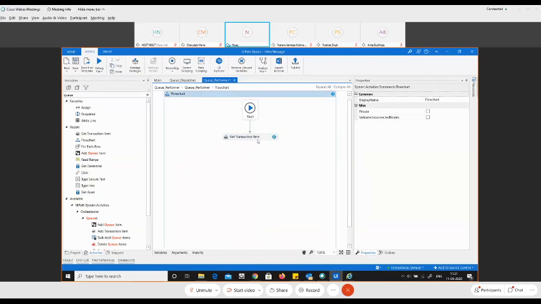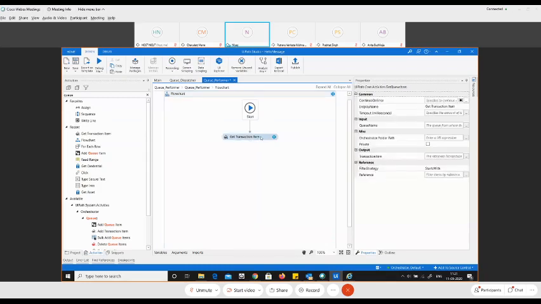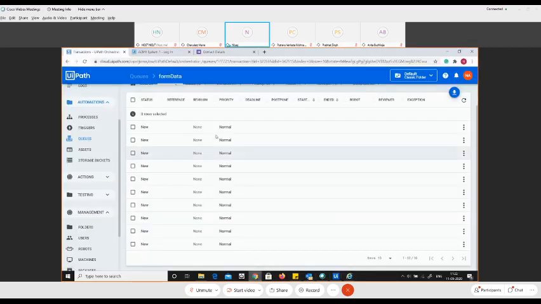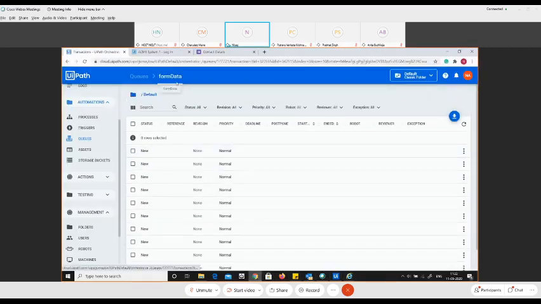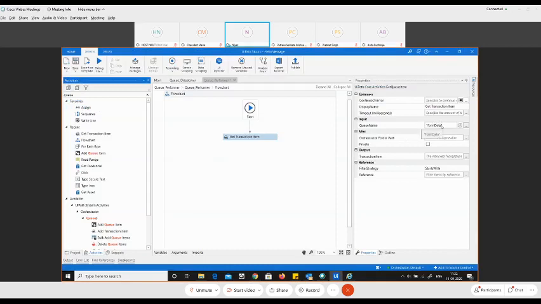The Get Transaction Item will fetch a single value from the queue and give it to you for processing. To do that, in the properties panel you have a queue name, and here you need to mention the queue name. In our case, the queue name is form data. You can verify from here that the queue name is form data.